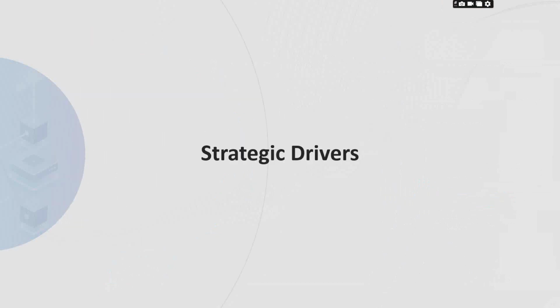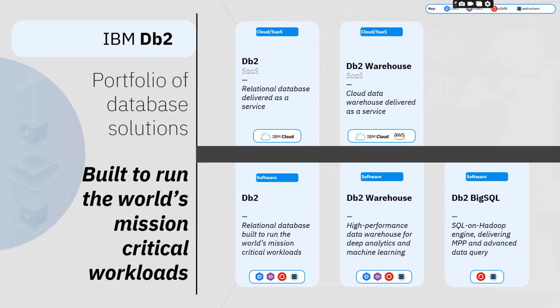Let's just start with a couple of strategic drivers. I always want to remind people that whenever we talk about DB2 functionality, that functionality is in our code base regardless of the deployment form. We've called this the common SQL engine. But really the key is that we have one code base, whether you're running an appliance, on the cloud, or on premise. So everything we talk about when we get into functionality is available in the same code base regardless